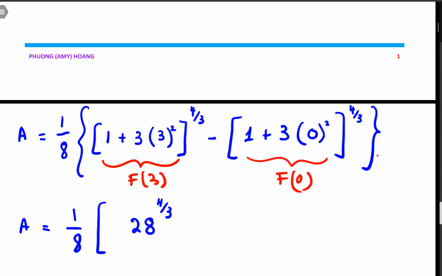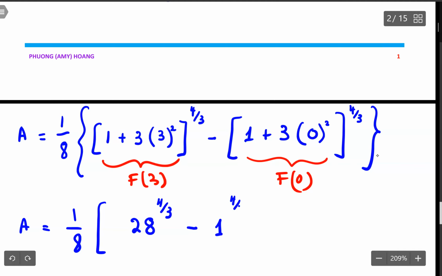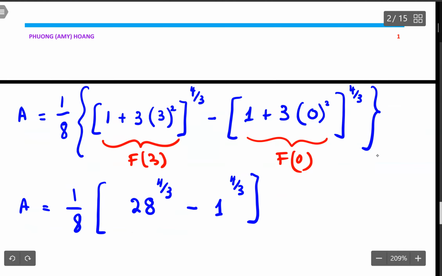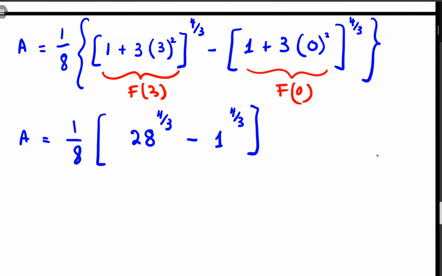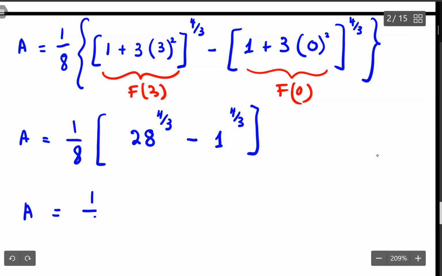And what I have here is 0 squared is 0, 0 times 3 is 0, 0 plus 1 is 1, so you have to subtract 1 raised to exponent 4/3, and 1 raised to exponent 4/3 is just 1. 1 is a magic number, and 1 raised to any power is still equal to 1. So I got 1/8